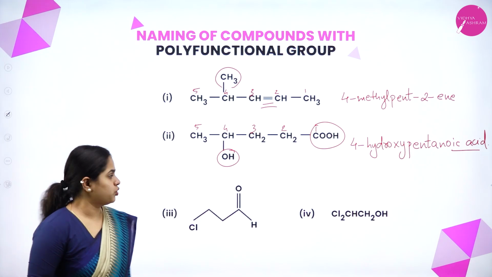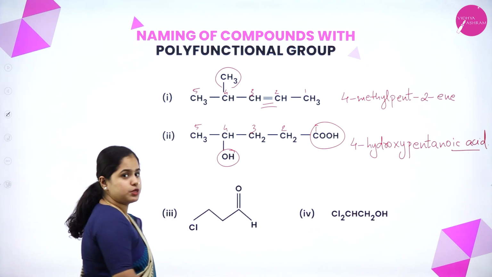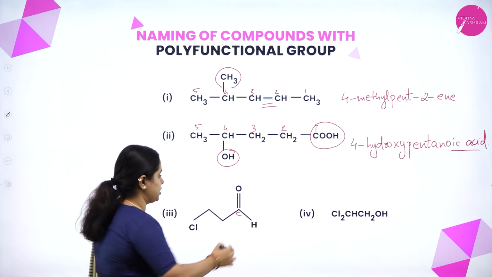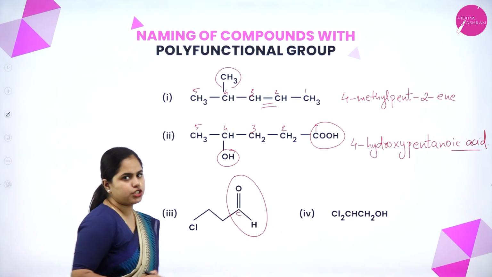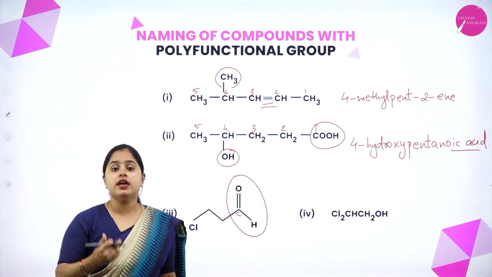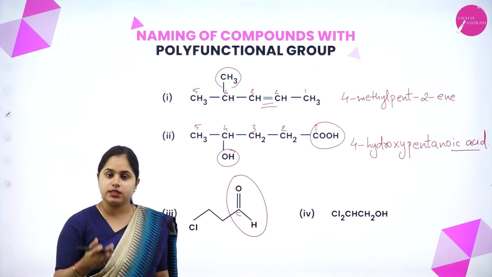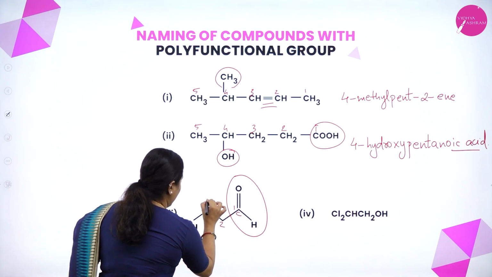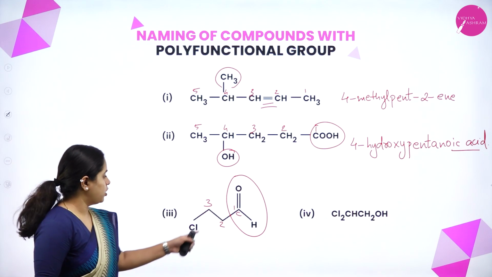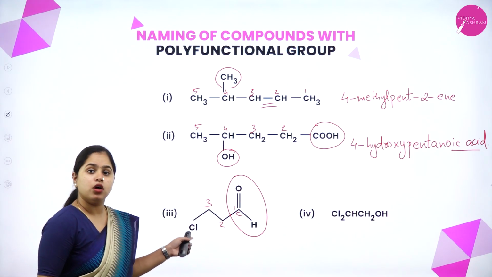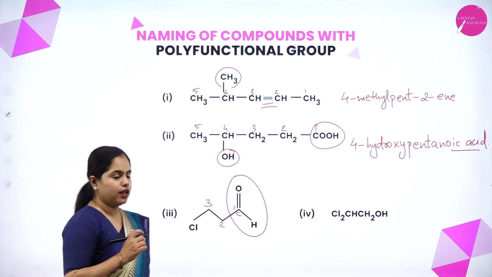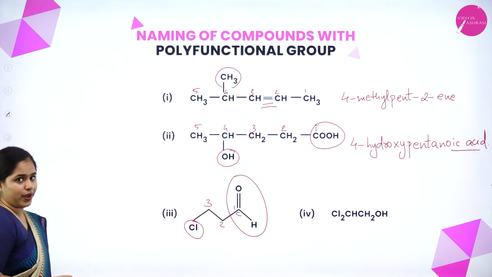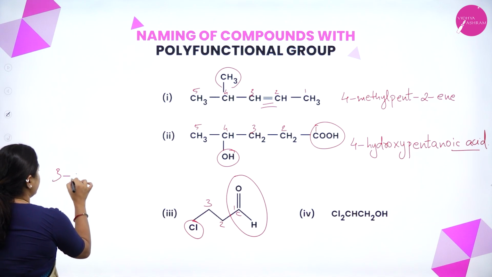So now moving on to the next one, the functional group which is present here is aldehyde, right? So it is C double bond OH. Actually this is the functional group, right? Okay, so if the functional group is having the carbon atom, we should start numbering from there. So this will be the first one, 2 and 3, right? And on the third carbon atom, you have a chloro group attached as well. So what will be the name? The chlorine will be present as the substituent, right? So it will be 3-chloro.